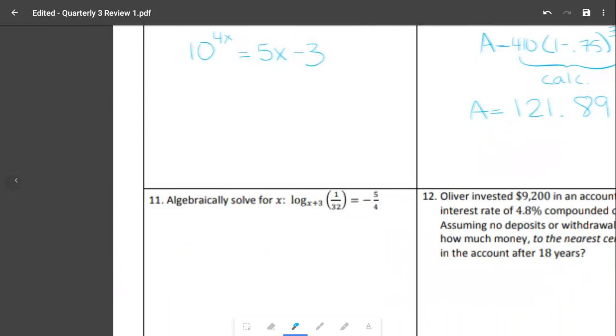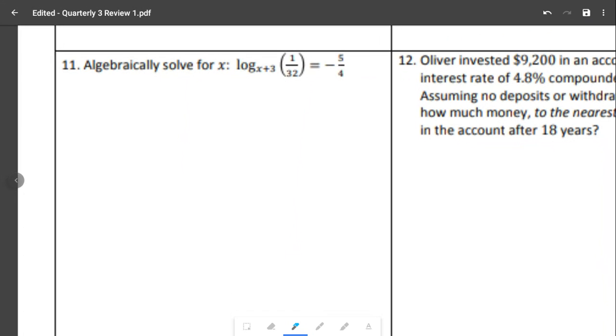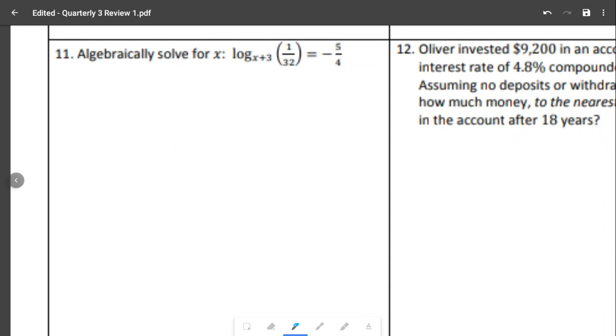All right, question 11. Algebraically solve for x. So now this is a log that unfortunately cannot go into my calculator because there is an x with it. So right now, again, logs are bay. So this spells out bay. So rewriting in exponent form,